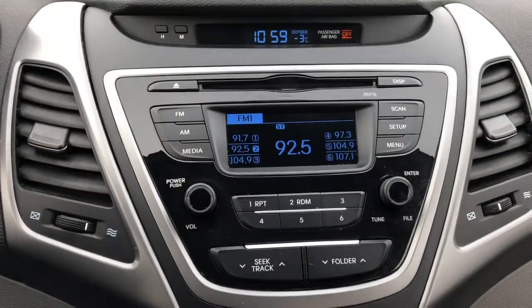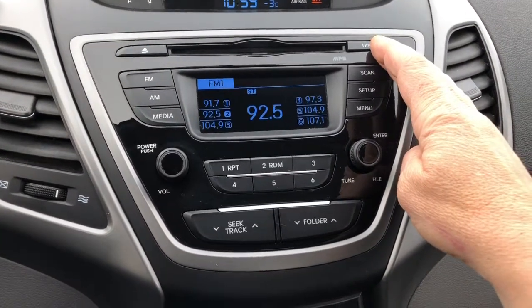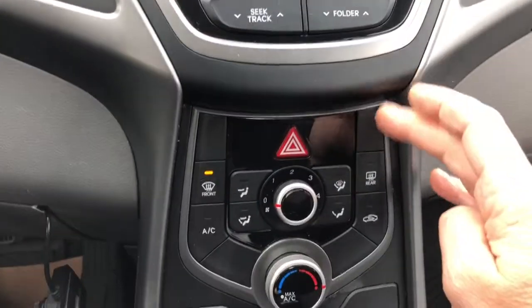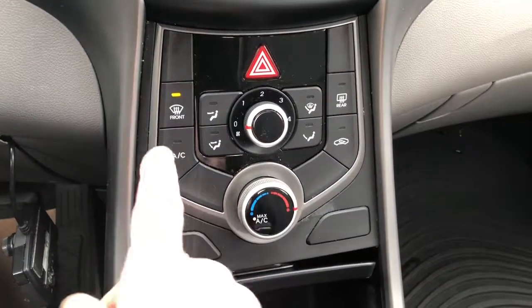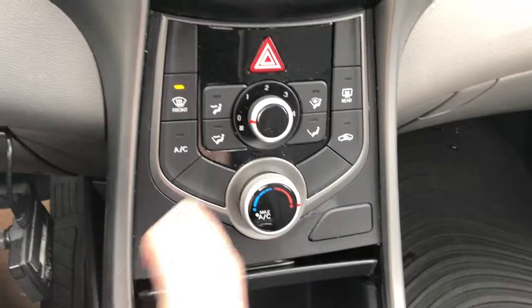This is your entertainment package. Up at the top, you've got a CD. It comes with your standard AM/FM radio, and it is Series XM compatible. Making our way a little bit lower, you've got your hazard lights. This is your climate control area. It comes with a front and rear defog, AC, and then you can adjust your heat in the position that